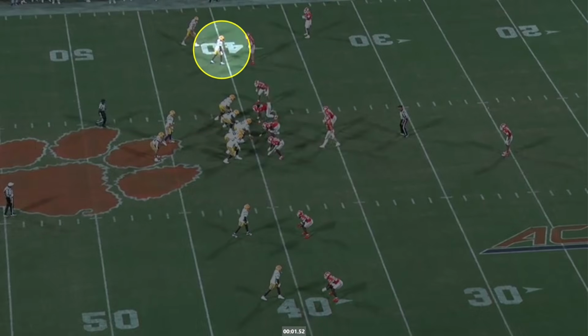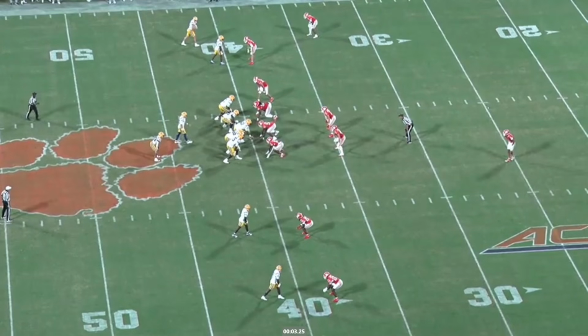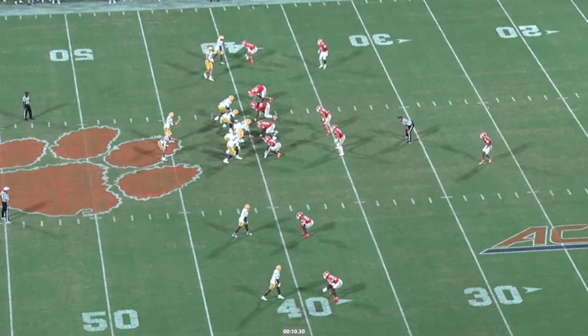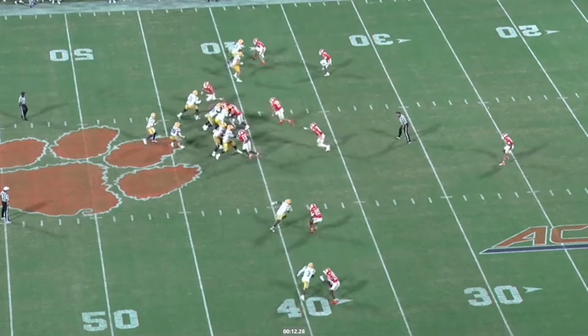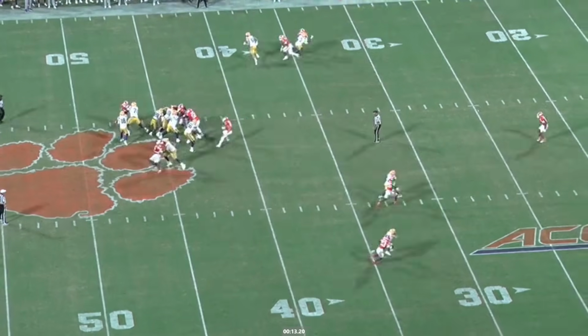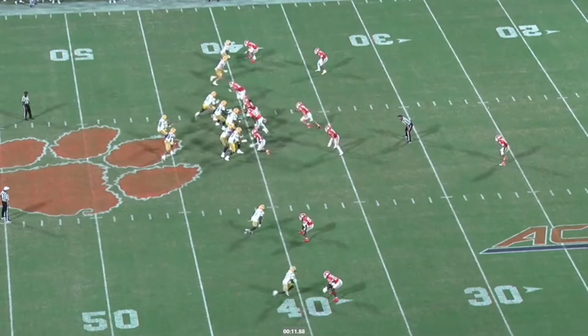Here we see Zavion. There's the inside. He's got a tight end outside him with what looks like a safety type body or a linebacker type body well off of the line of scrimmage. Might be a corner, but he's a very big corner. You've seen him just motion past Zavion, which tells us it's man and we're in press. So in press, gets into his body, it's into a drive technique, looking to get underneath the pads of the cornerback, keep driving, and his receiver just basically cuts off the back of that route,